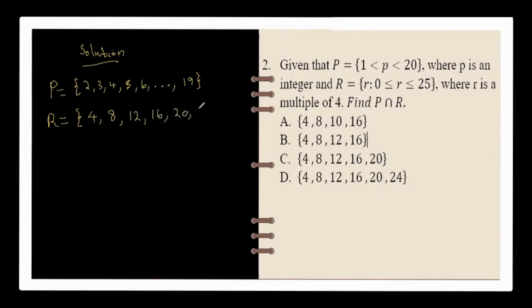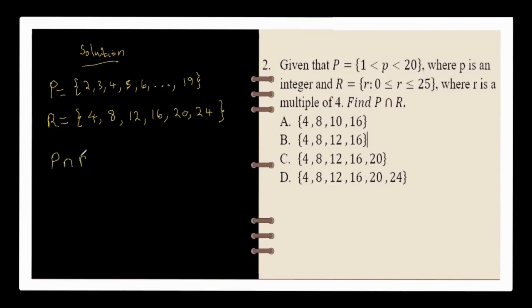20 is a multiple. 24 is a multiple. Multiples of 4 are those numbers that 4 can fully divide without a remainder. Now we've seen all the elements of P and all the elements of R. Now we are going to look at P